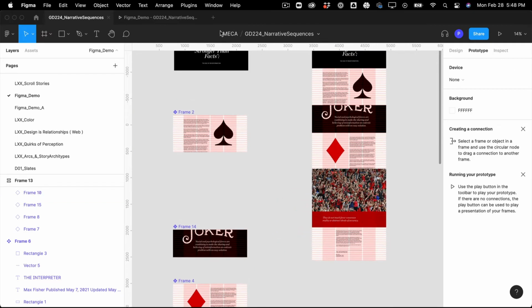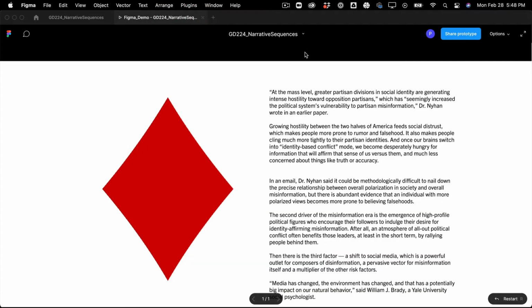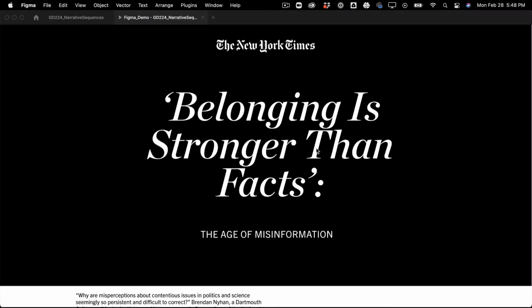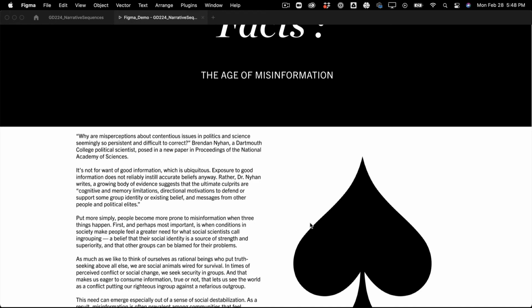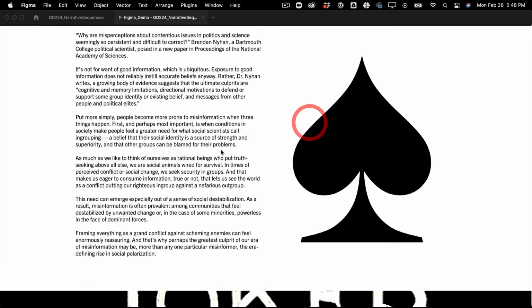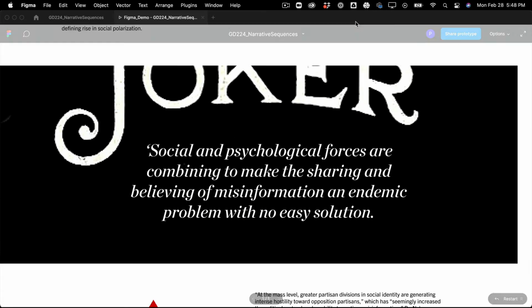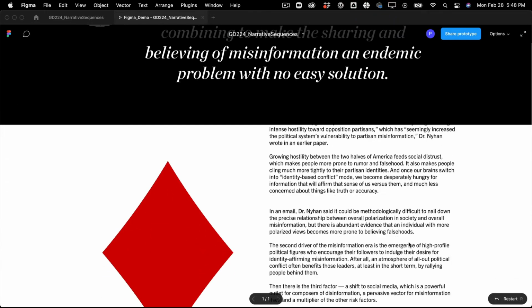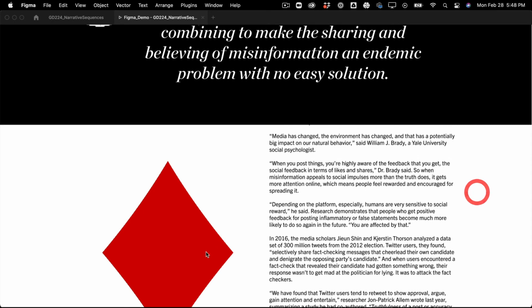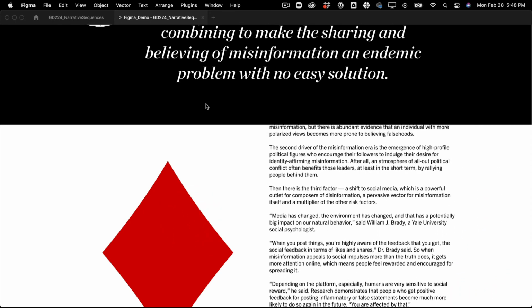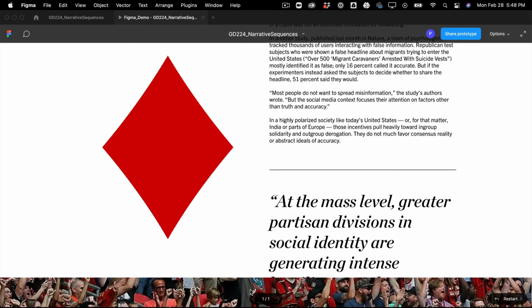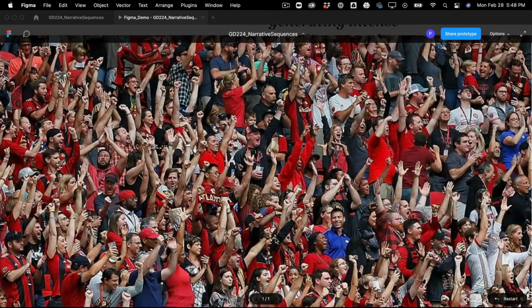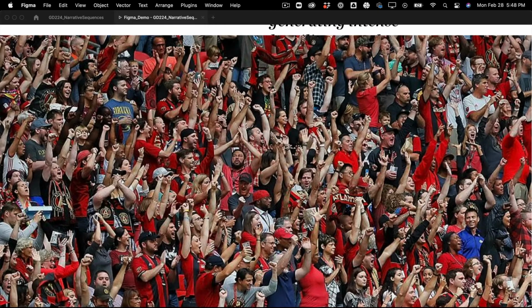All right, so now when I come to Figma, I have belonging stronger than facts. We can scroll through over here to give a sense of how the layout will look in the scroll story, so there won't be any dead space. We can come through to here, and we have another moment on this side. And here, this one, we can